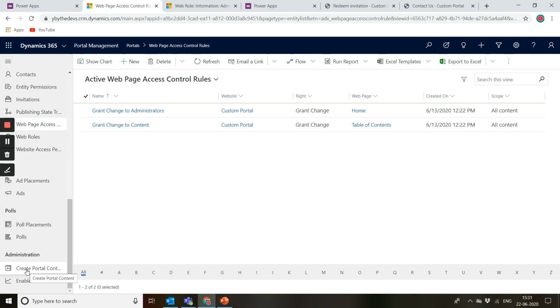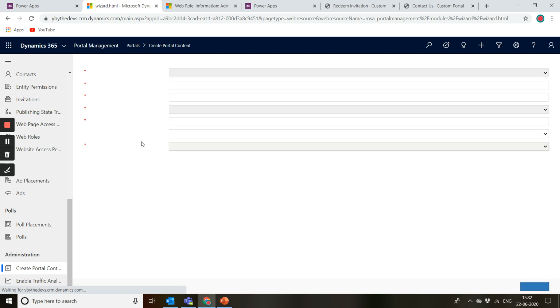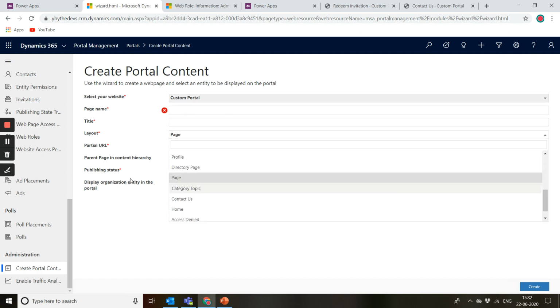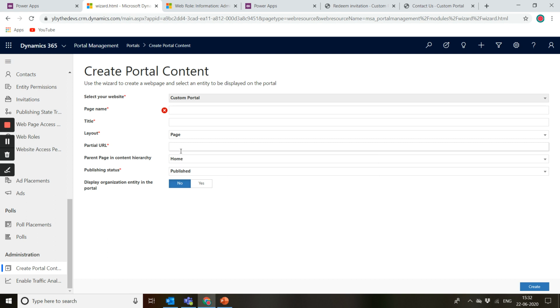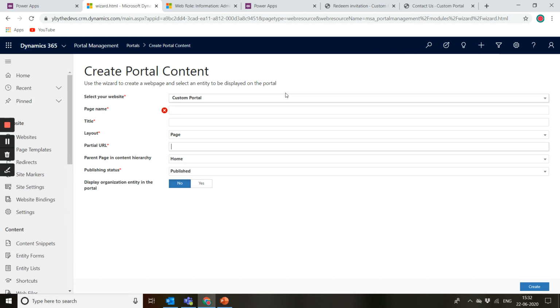If I open this create portal content, I can specify what the page is, what the website is, what the page name and title are, what its layout is, and what the partial URL is, and all those things. If I select this from here, it automatically creates these web pages and all those records for me.